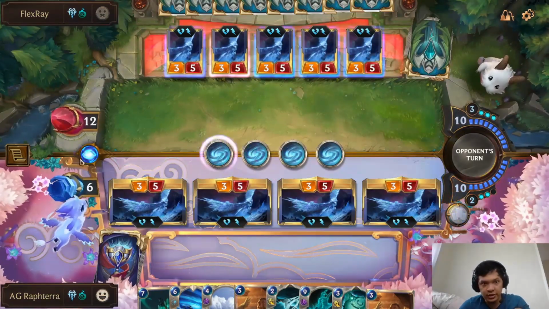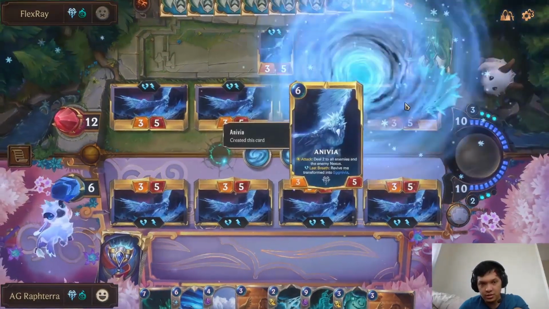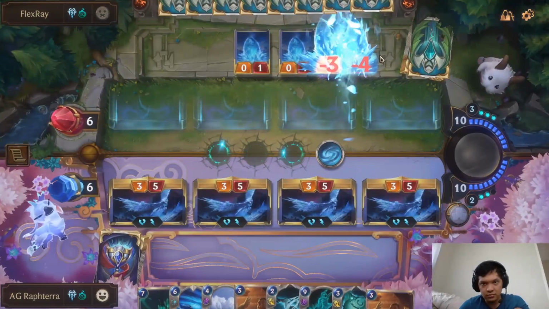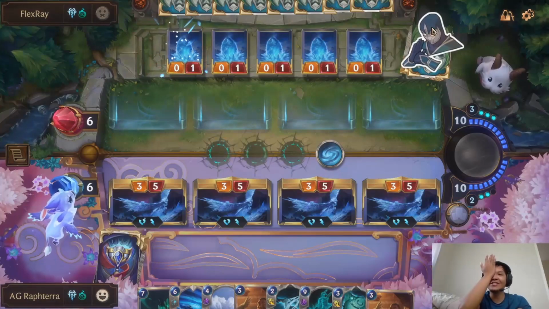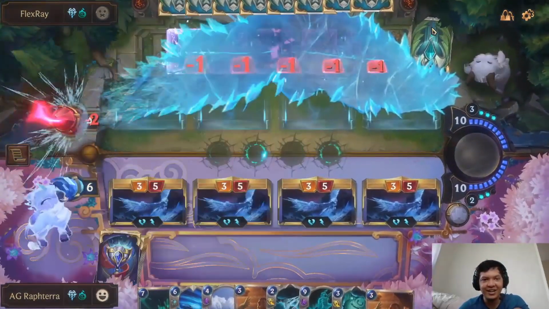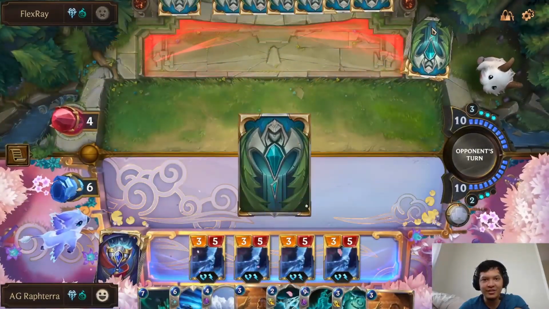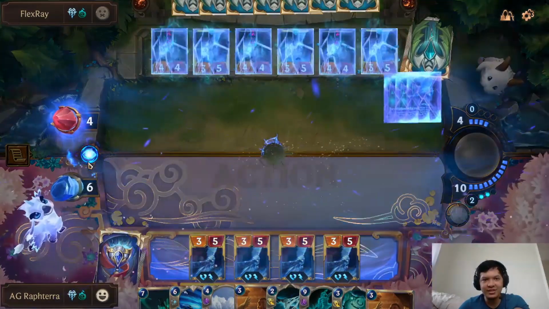If he has another Rekindler, we might just lose. It's very crucial that we get the heals. Please don't have another Rekindler. No! What the fuck? Why are you Shen emoting me again? Rekindler again? Holy crap. But that's...